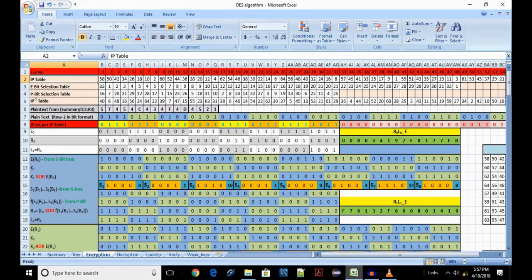In row 2, we have copied the contents of the IP table. In row 3, the values from the E-bit table. In row 4, the values from the P-bit table. And in row 5, we have copied the IP inversion table contents. Because these values are unchanged, whenever we need to use them, we use the HLOOKUP function.